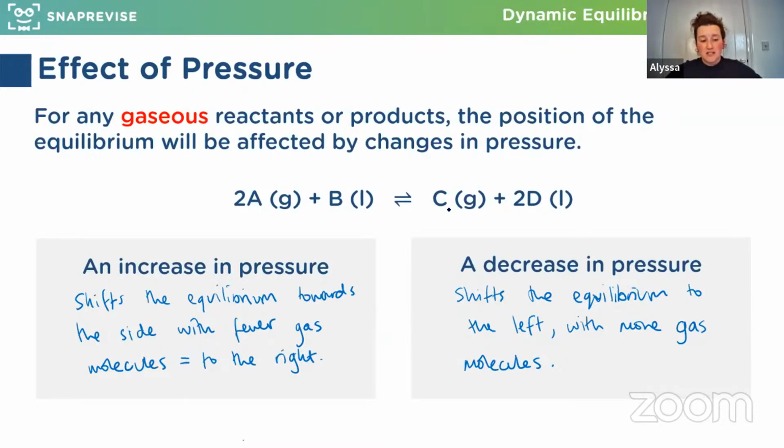Entropy can be considered separately to this. So, you wouldn't be asked to consider the entropy change alongside thinking about positions of equilibrium. Because this is a system at dynamic equilibrium,